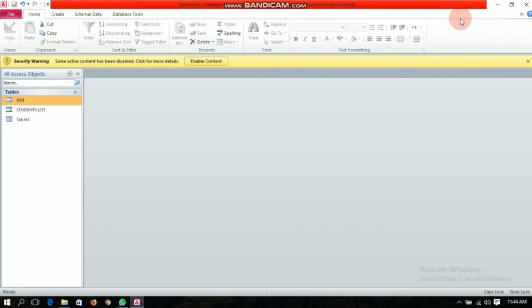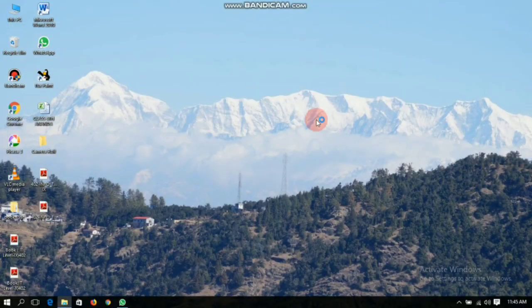After you have saved the database, closed the database and renamed the tables, the last step is to close MS Access. You can just click on the cross button, the close button, and it will close. If you have not saved the database, then a dialog box will appear that asks you to save the file or not. So this is how this chapter ends. I hope you understand how you can deal with MS Access 2010.